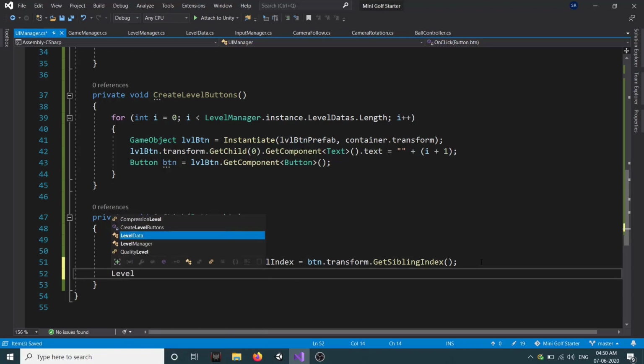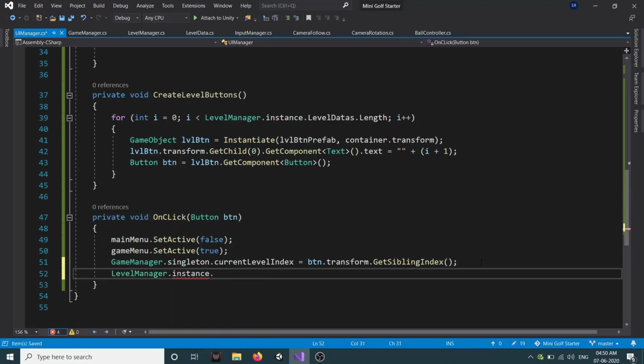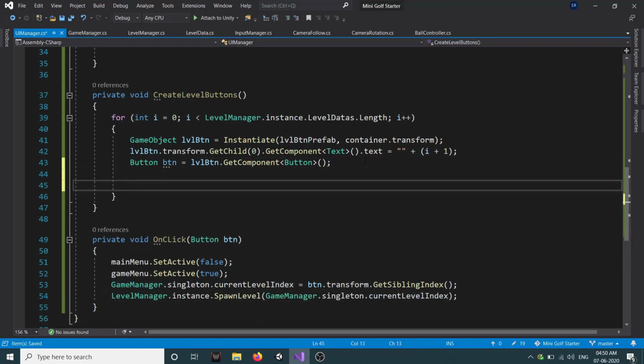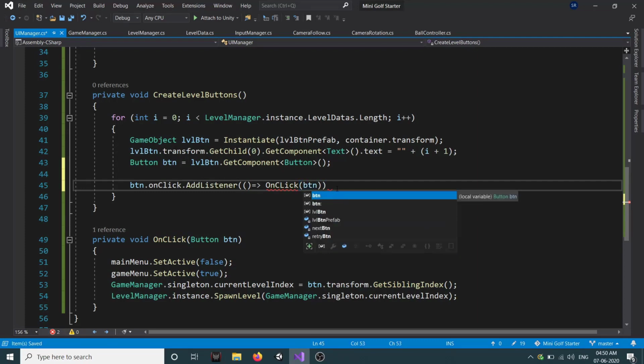So we will call LevelManager.instance.SpawnLevel, and we will pass our game manager's current level index, and let's call this method here. So button.onClick.AddListener, and we will call this OnClick here, and we will pass our button object.